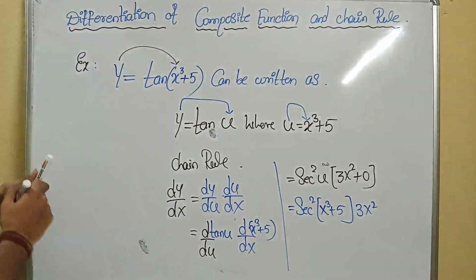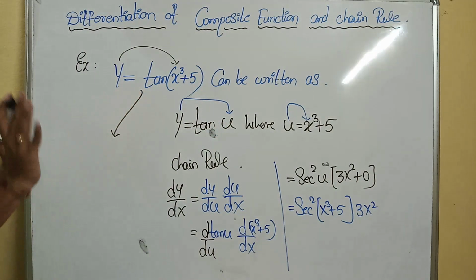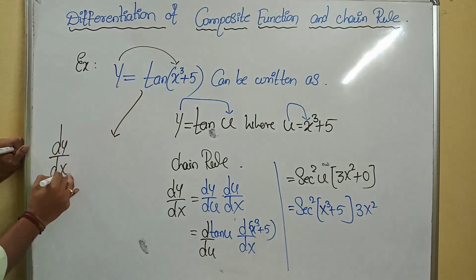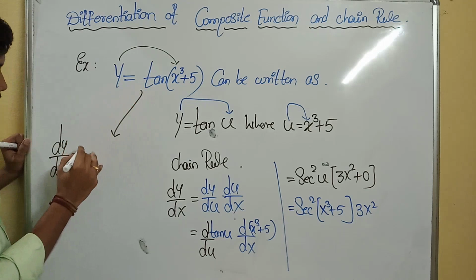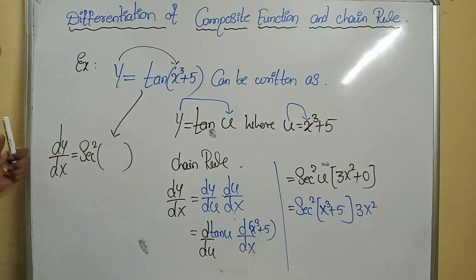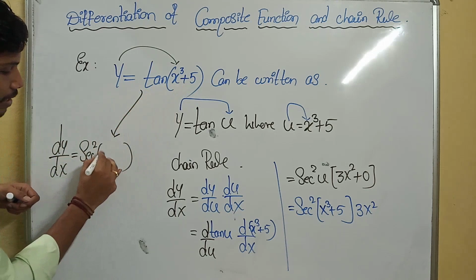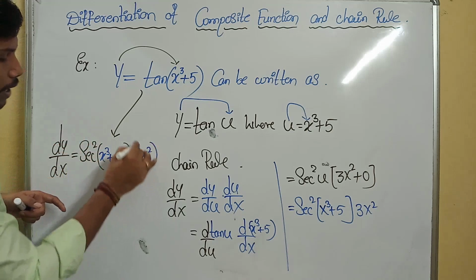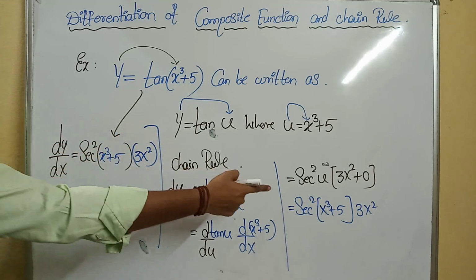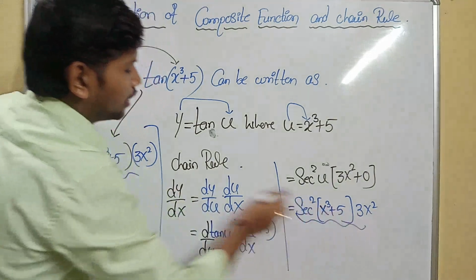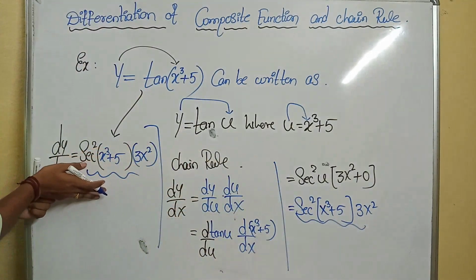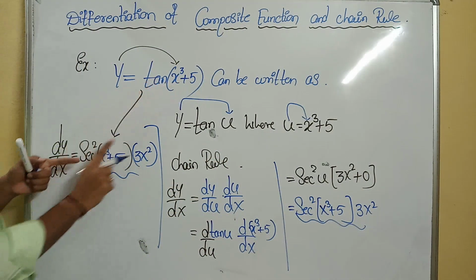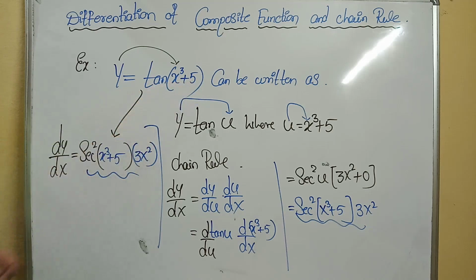If you want to write the derivative directly, I'll tell you what is the derivative of y with respect to x. dy by dx. Concentrate on the board. The derivative of tan is secant square of the angle as it is. What is the angle? x cube plus 5 as it is. What is the derivative of x cube? 3x square. The derivative of 5 will be 0. Both give the same answer, right? Initially you need to understand the chain rule, and then you will get the regular direct method. That means the derivative of tan will be secant square, angle as it is, times the angle derivative: x cube derivative 3x square, 5 derivative will be 0.